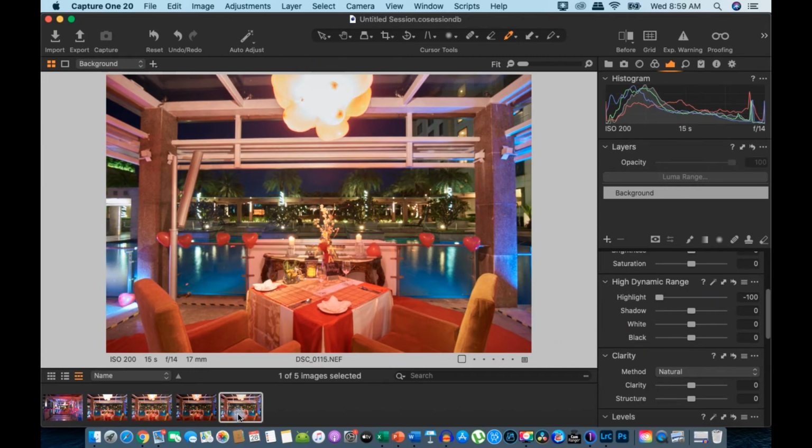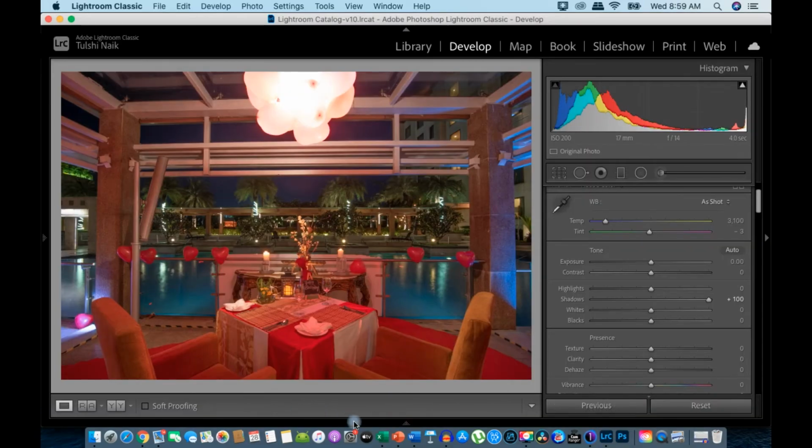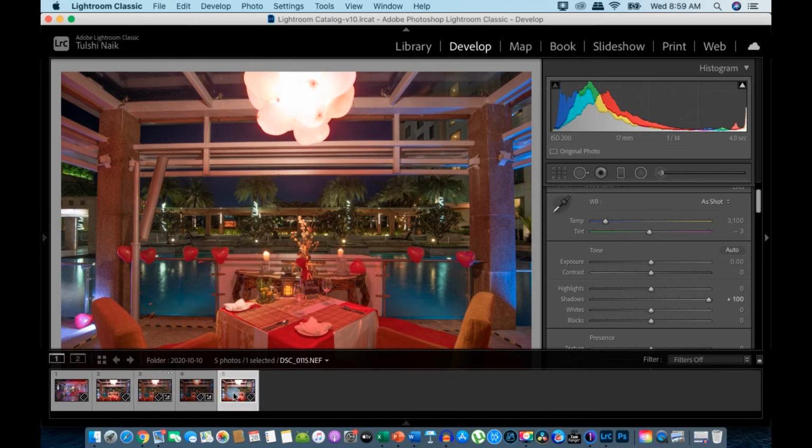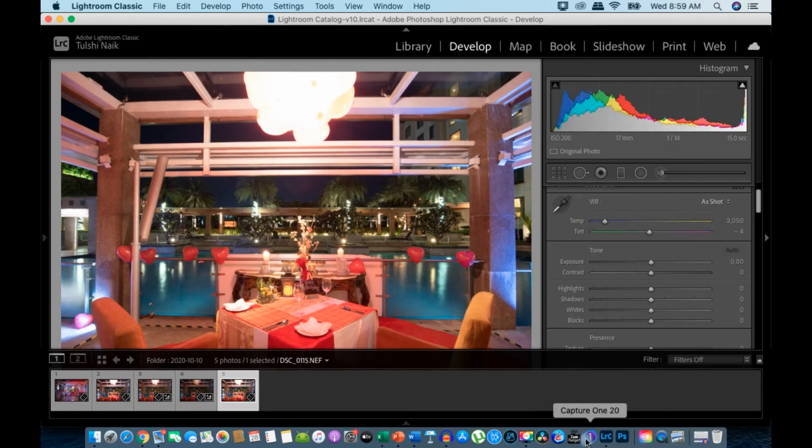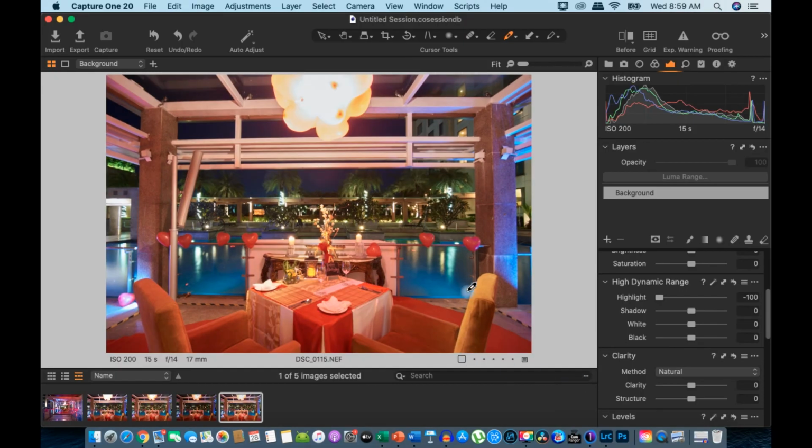Now let's take the brightest image. Let's go to Lightroom and let's take the brightest image. Now let us work on the white balance.